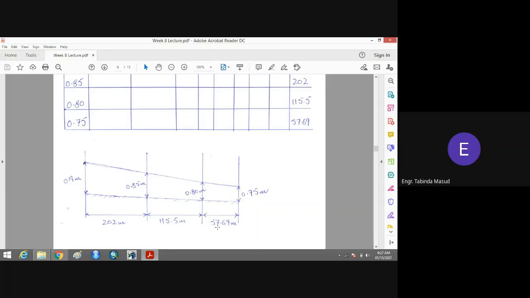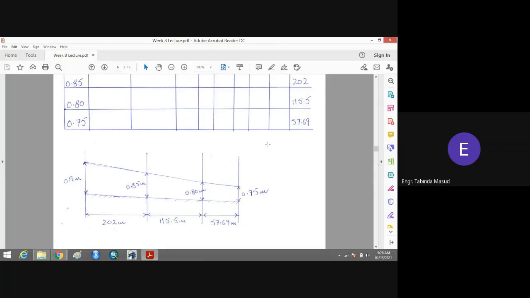Please note down that there is a difference in the result of horizontal distance in method number 1 and method number 2. Why? Because method number 2 is most reliable. It is a very detailed method, so you have to rely on method number 2. So there is a small difference between the horizontal distance in these two methods. So this must be your result. So it will be better to adopt this method whenever you are asked to find the horizontal distance between the two depths of the flow.